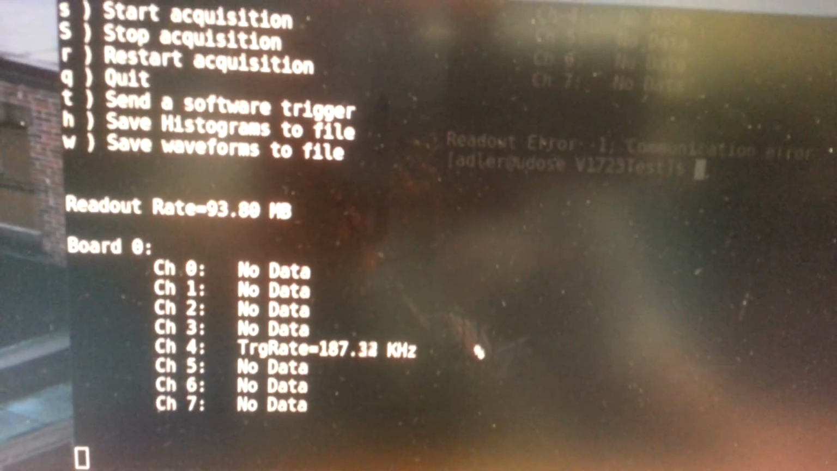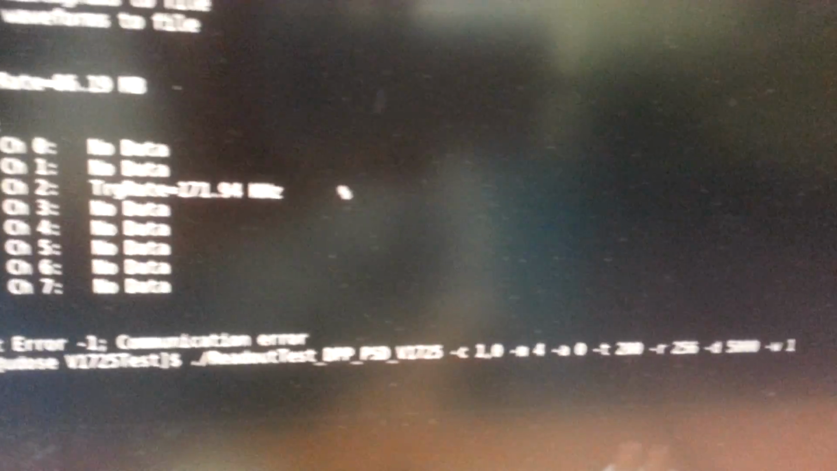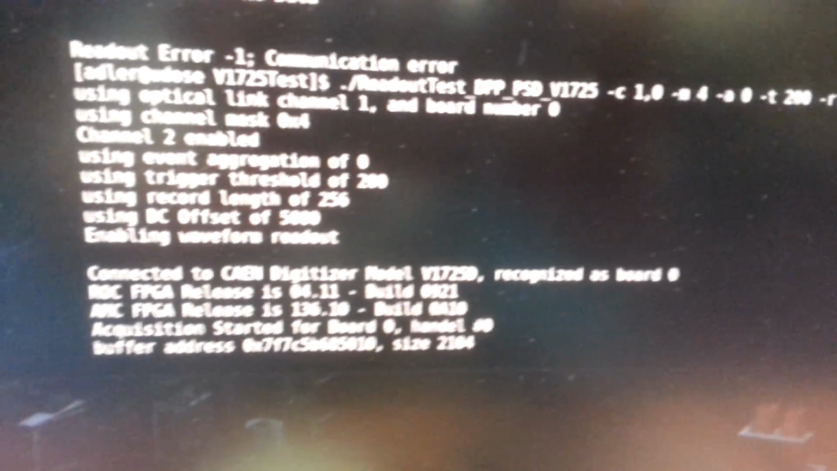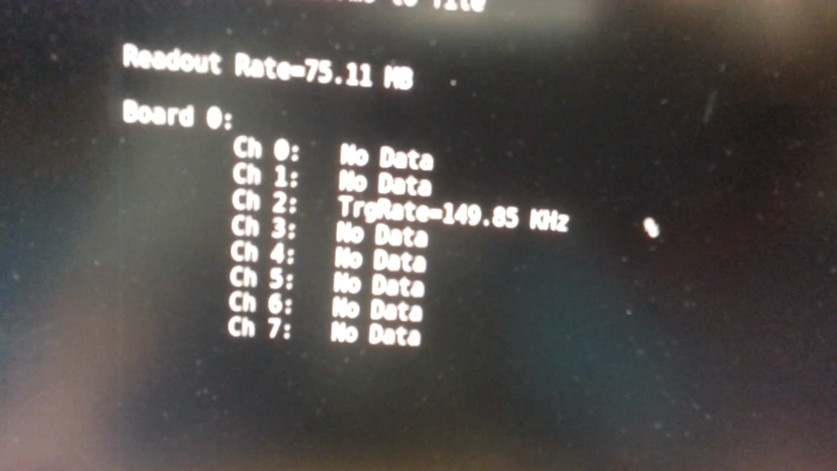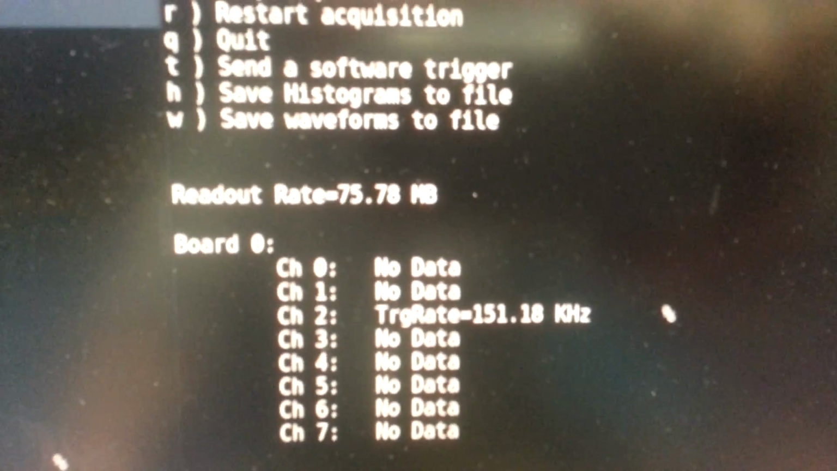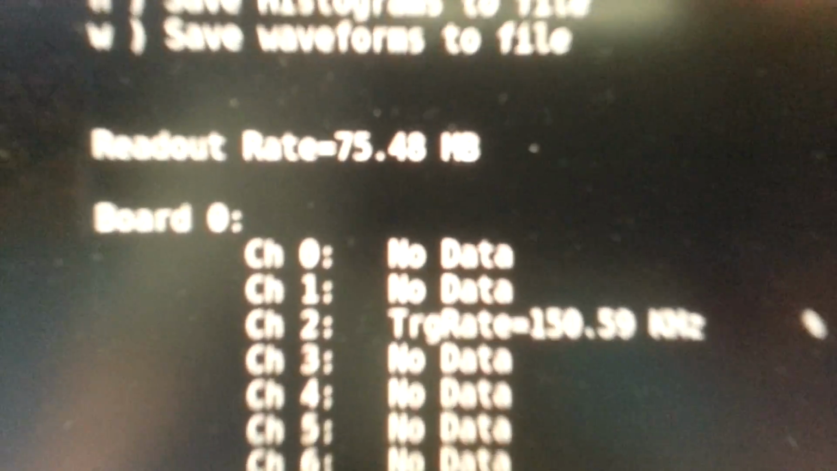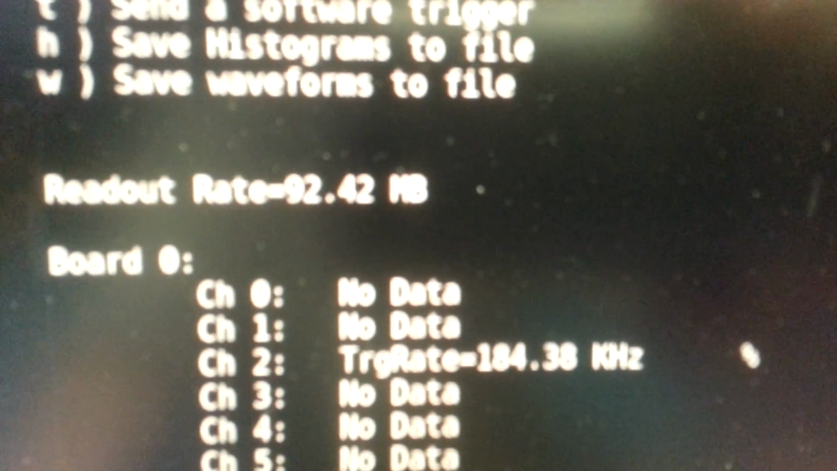Now what I'm going to do is on the second. You can see the communication error that I got, but anyway. So now I'm going to read out the other channel, and now that I started it, take a look at the data rate. See the data rate sort of bounces around. I don't know if you can see that. 75, 92,